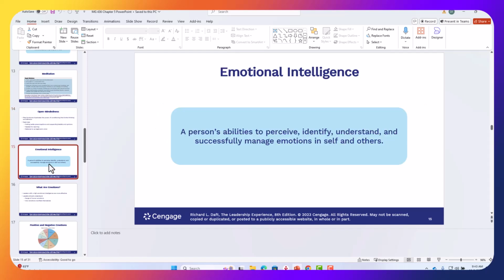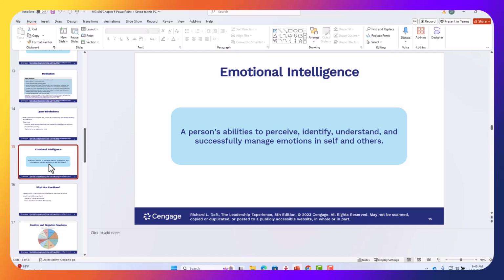Emotional intelligence. It seems like in the last 10 years this term has come out a lot. You hear it a lot, but it's been around for a while. But I am going to tell you, this is one of the biggest reasons why leaders are not successful today. And it's because